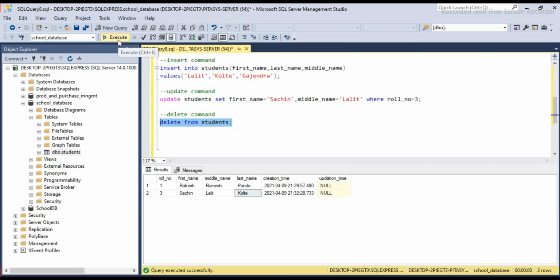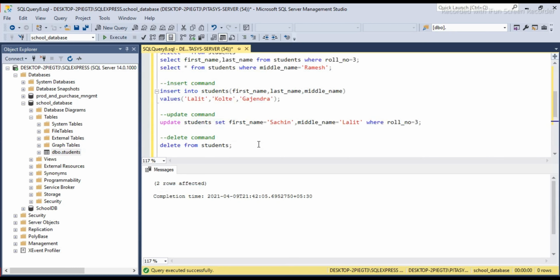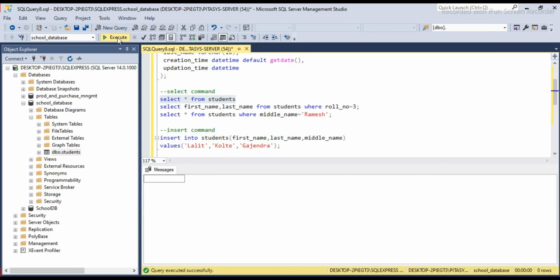I am going to fire this query right now. You can see two records are affected. The query is executed successfully, which means the remaining two records are also deleted, and we can see the table is now empty.